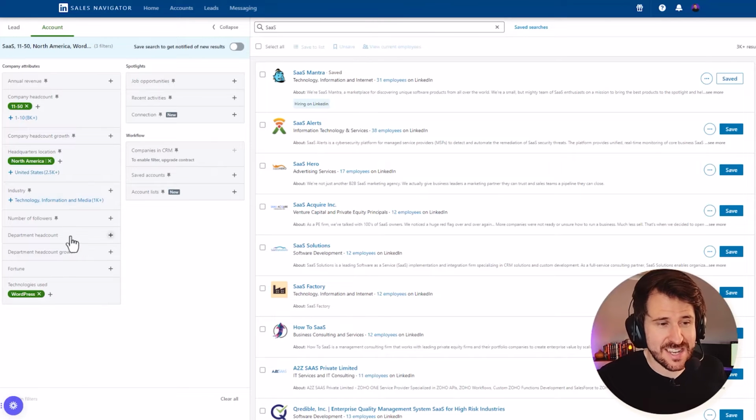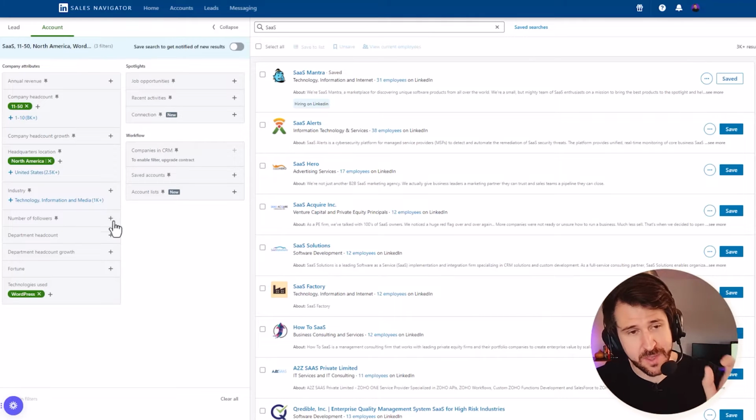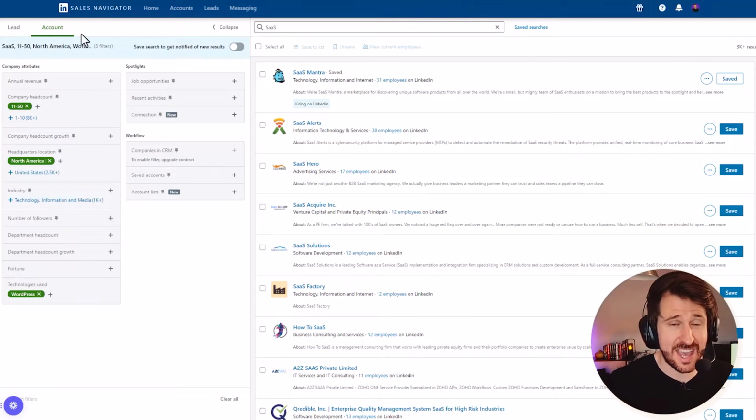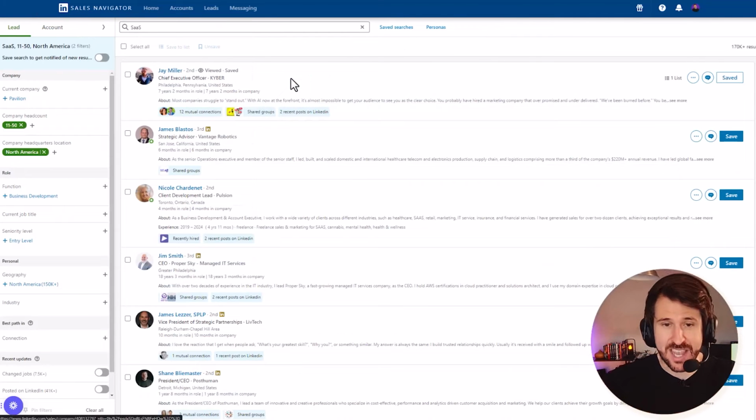I can also add in additional things like the growth rate of the company. Like I have to work with a company that's growing at least 5% a year, otherwise our solution just doesn't really work, or that's the sweet spot. Now, again, as I said before, there's something you can do where you use both of these two in tandem, and I am going to walk you through that, but it's a bit more advanced. So what I'm going to do first is I'm going to walk you through how we can take our list that we've created of qualified prospects and how we can reach out to those people